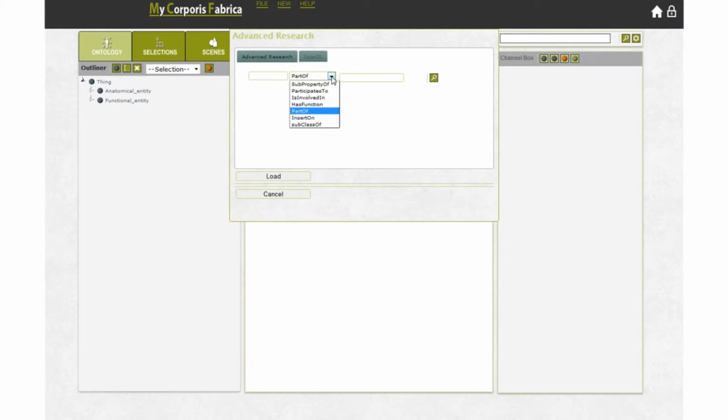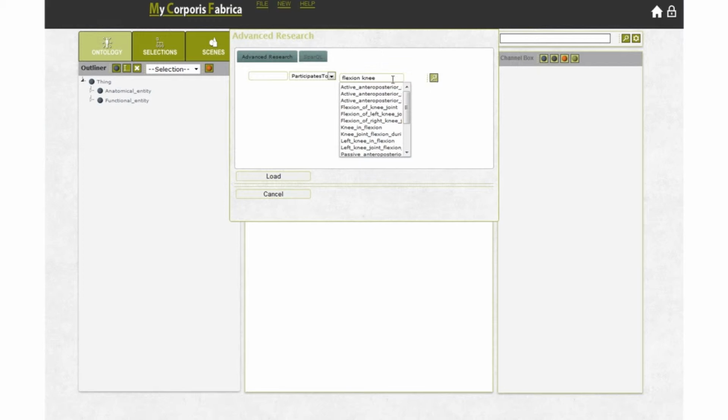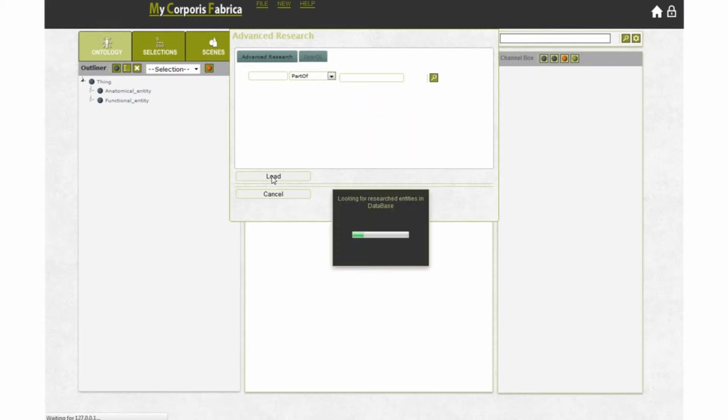A unique feature of MyCF is to propose selections based on anatomical functions. Let's make a selection of the knee flexion function. Achieving this task by proceeding entity by entity like before would require advanced anatomy knowledge and would take a lot